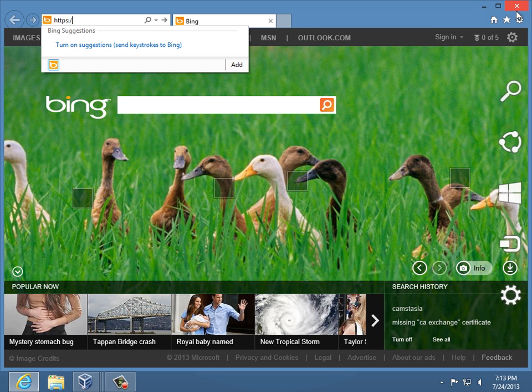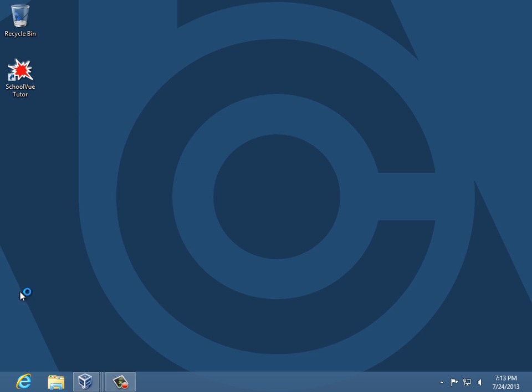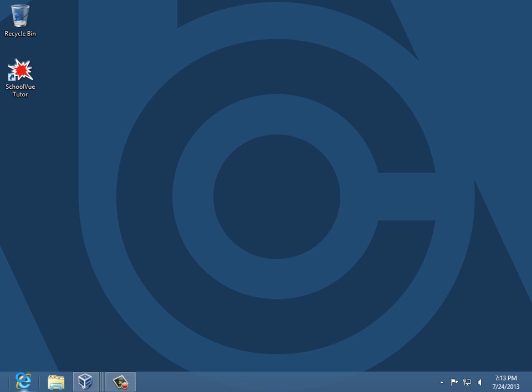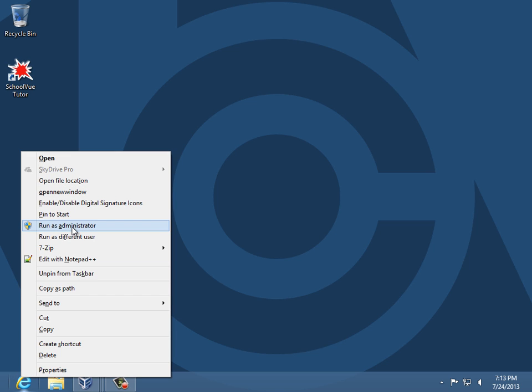Oh guys, there's a trick. Because this machine is joined to the domain, the school's domain, I don't have administrative authority to install something into my trusted root store. So I need to run this browser as administrator. I need UAC to kick in. So I'm going to shift, right click, and run it as administrator. So when I trust that certificate, it'll actually install for me. If I don't do this, I won't even be